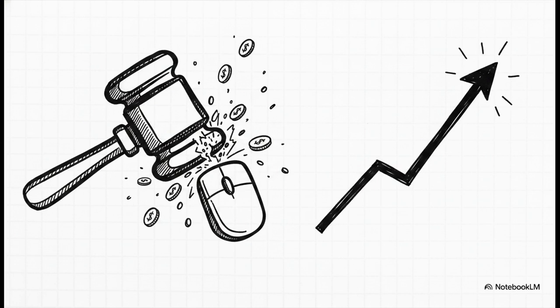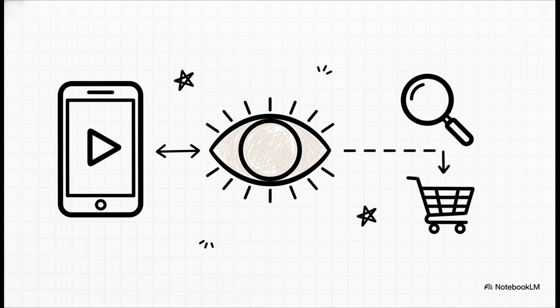Traditional digital ad auctions are just becoming way too expensive. Competitive bidding is driving the cost per click so incredibly high that their daily ad spend is totally losing its financial impact. Basically, they were paying more and getting a whole lot less. So the crucial takeaway here is that to survive, they had to pivot.